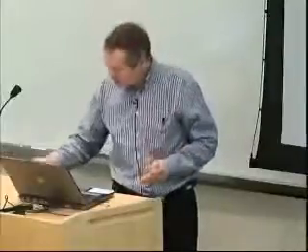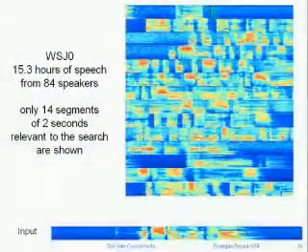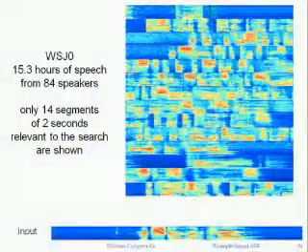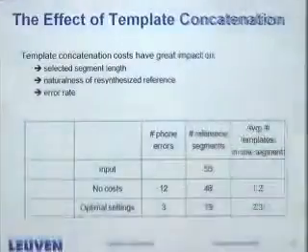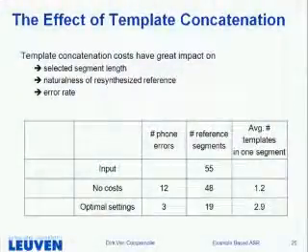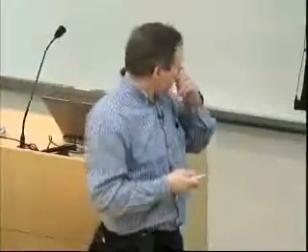Was the same speaker in the training database? Or I think here, for this example, yes. I have some more examples coming where it's... So presumably you need to look for similar context to choose. You definitely need to look for similar context. But here are some examples on what really that effect is of this concatenation cost, where I say we prefer multi-phone units over single phone units because there's going to be much fewer. We want to have as few transitions in the matched template sequence that we have.